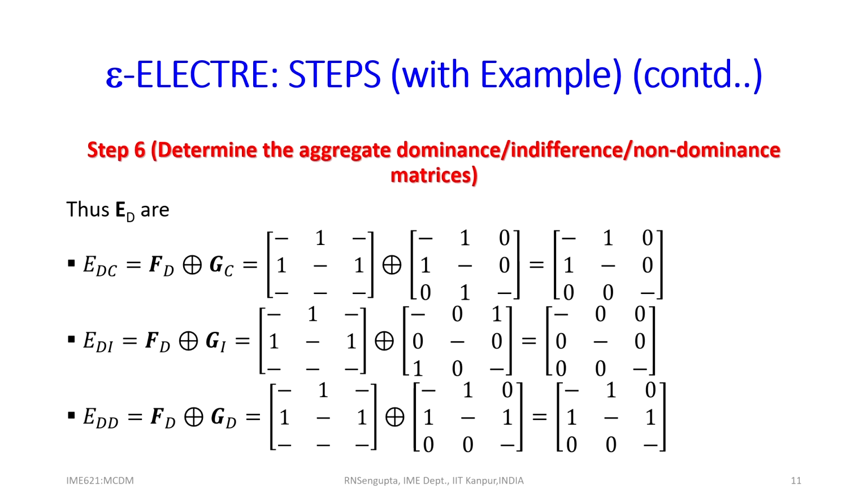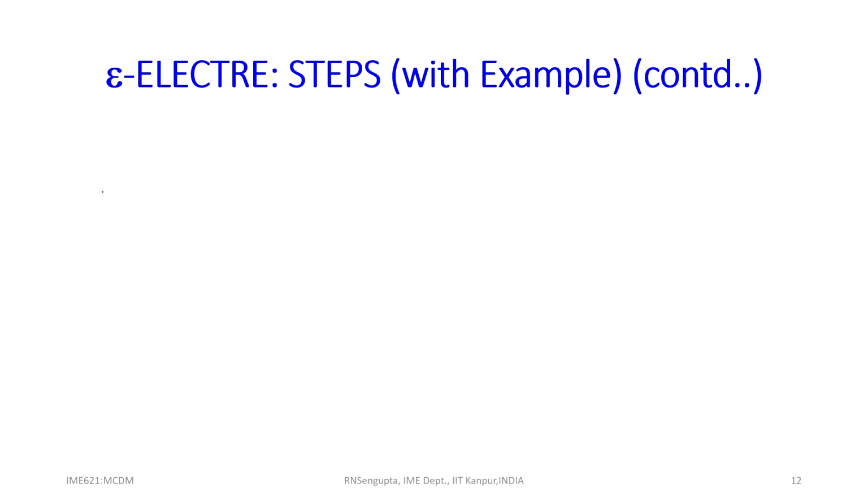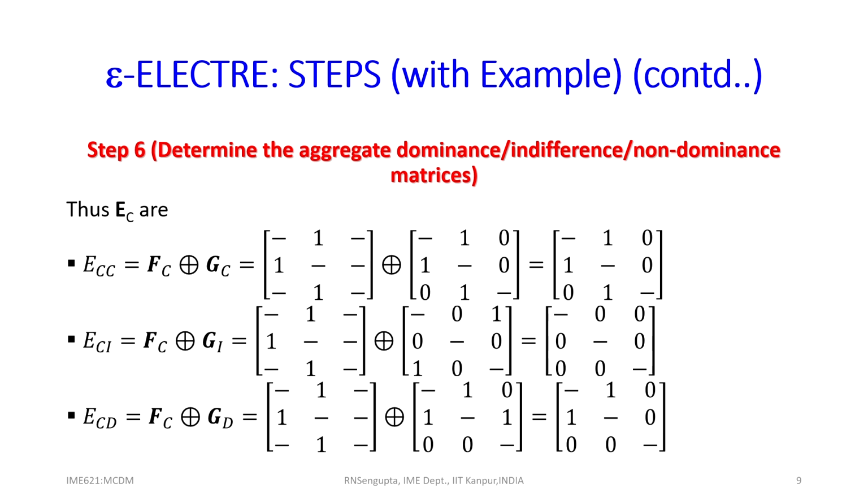So, this is the blank slide I have created. So, let me go back one by one. So, this one. So, it is C C. So, I will take 1 0 1 0 0 1. So, this was the matrix of E C C, which was this one, 1 0 1 0 0 1,